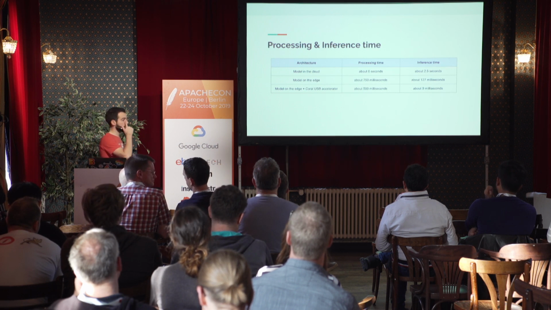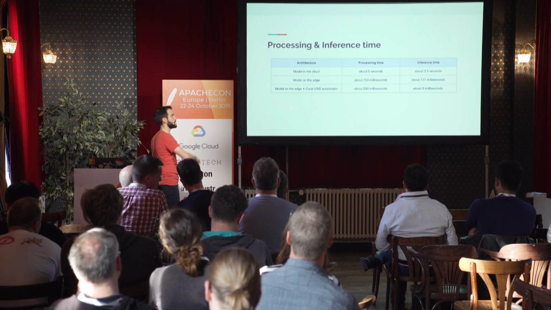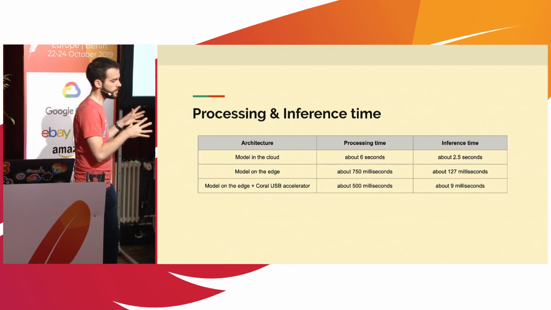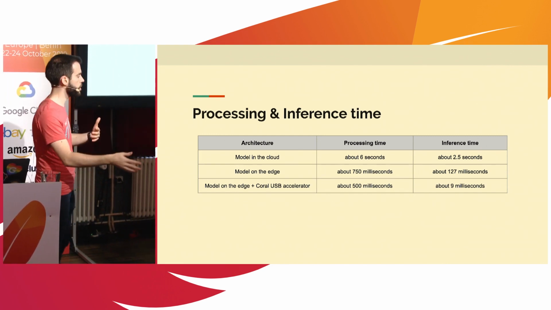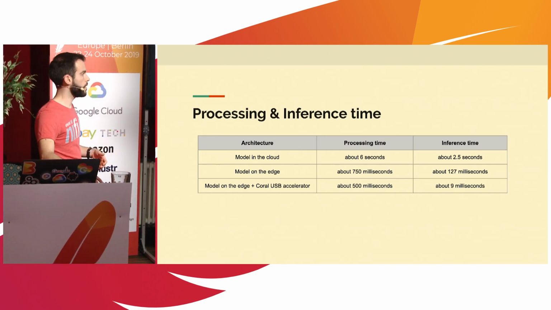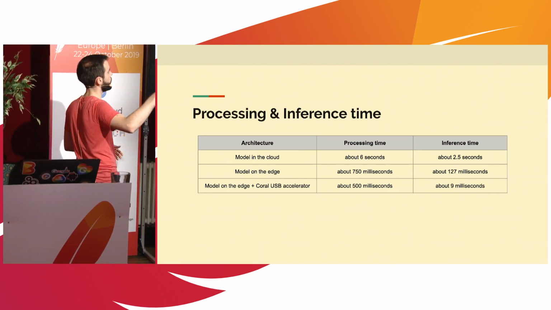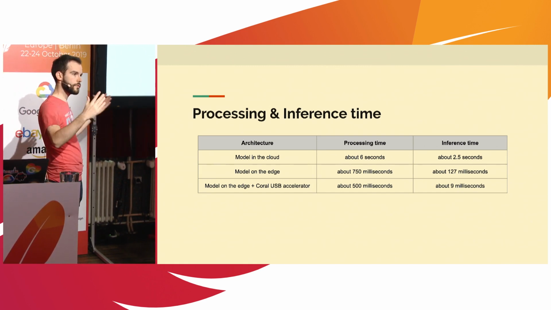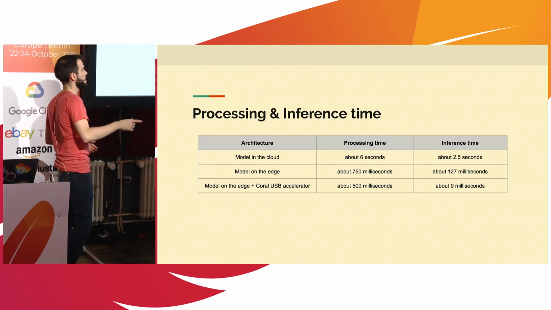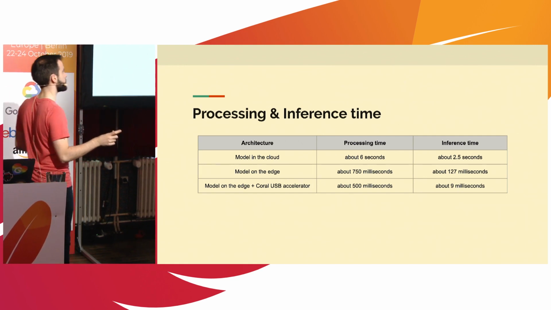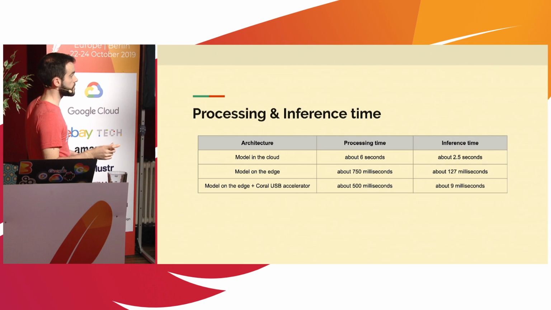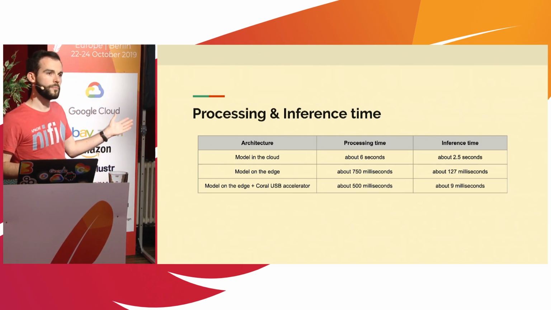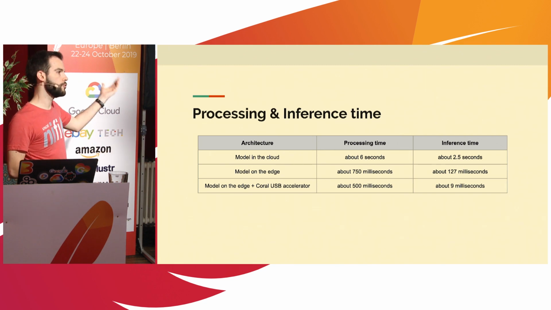So some results when I'm running what I just showed you before. When I'm actually running my workflow on my Raspberry Pi and doing the inference using the first architecture, between the time I take the picture and the time I have the label, it's about 6 seconds. The HTTP call itself is about 2.5 seconds. So obviously, in a factory, if you have tens of cookies per second going on your factory line, you cannot